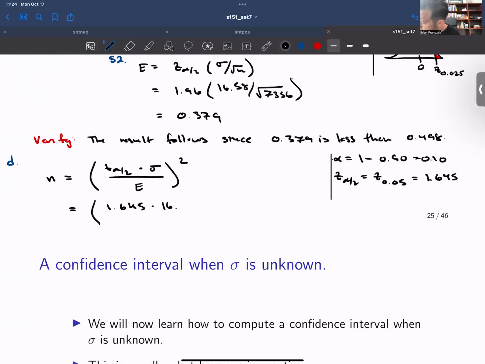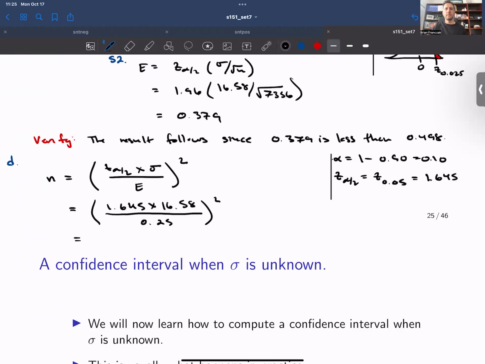So we have 1.645 multiplied by 16.58. Sorry, that little dot means multiply as well. And this is going to be divided by 0.25, because we want to be within 25 cents. So we're trying to build a very accurate interval. Okay, so if we work this out,